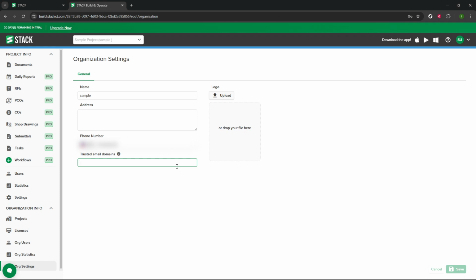By following these steps, you'll be able to efficiently manage and configure your organization settings in Stack, keeping everything accurate